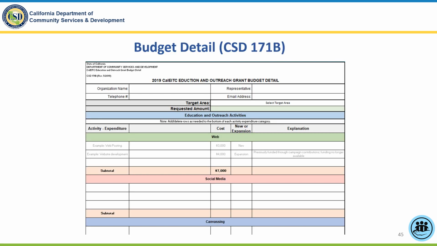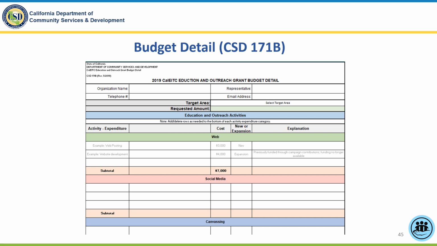The purpose of the budget detail form, CSD Form 171B, is to provide CSD details to back up information the applicant provided on the budget summary form. Applicants enter each activity expenditure into rows under each corresponding education and outreach activity. This is an Excel worksheet where under each education and outreach activity, applicants may add as many rows as necessary. A few examples have been provided on the form to give you an idea of what CSD is looking for